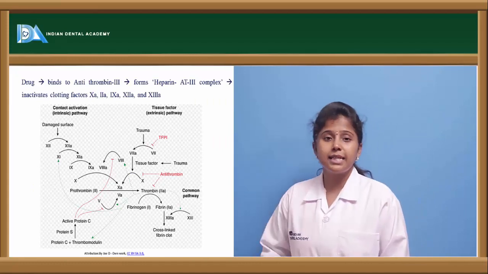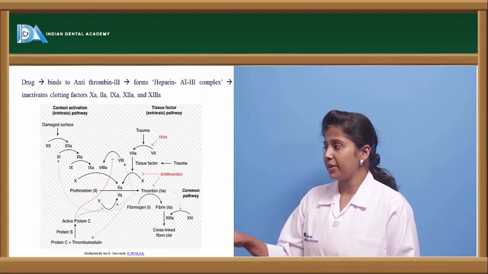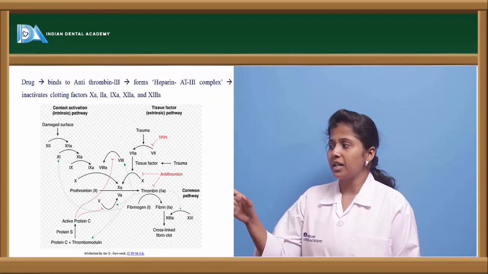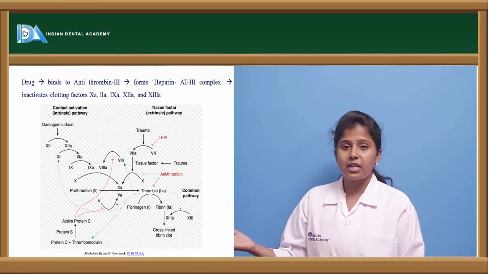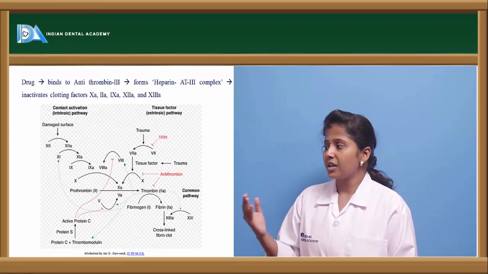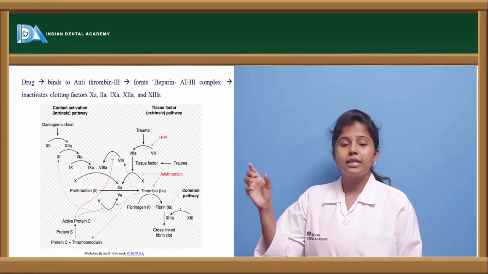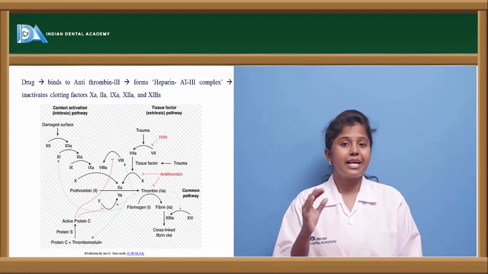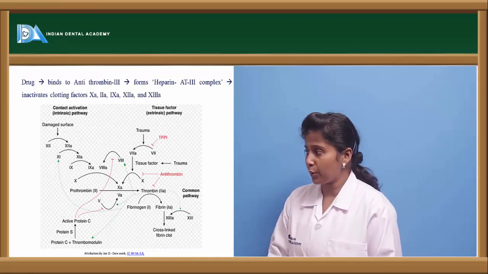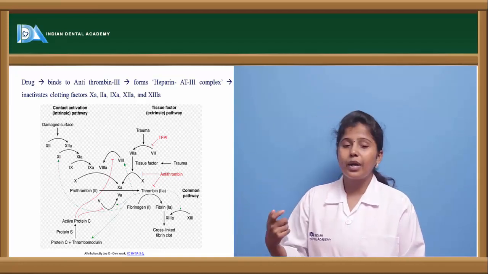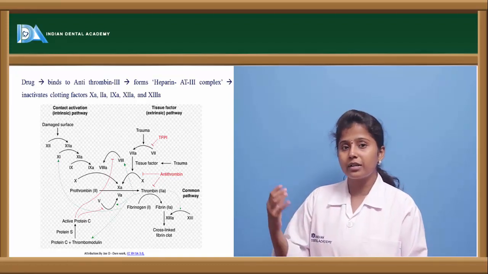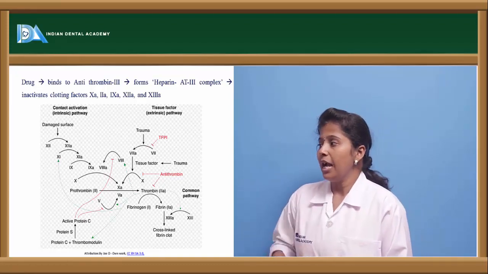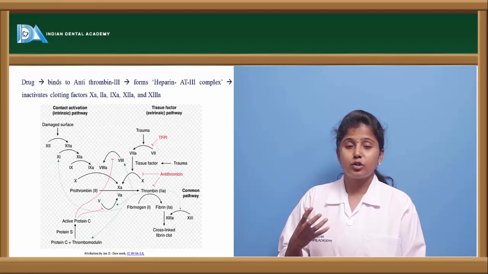Here we can see the coagulation cascade pathway. Here factor 13 is converted to 13A, and then 11 is converted to 11A, and 9 is converted to 9A. So the clot formation occurs in two pathways, the extrinsic pathway and the intrinsic pathway. The extrinsic pathway occurs because of the tissue factor. Because of the tissue factor present, this pathway occurs, and